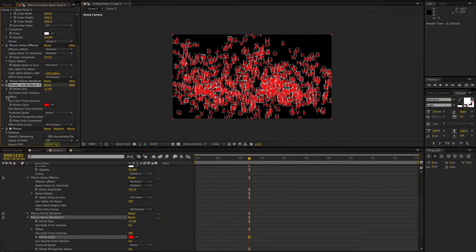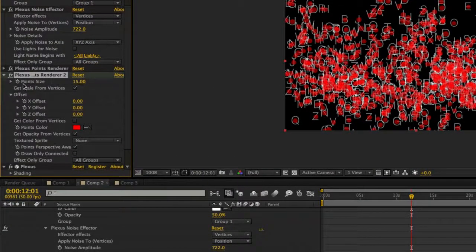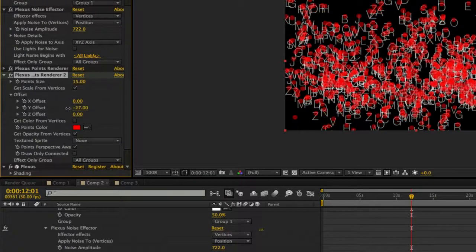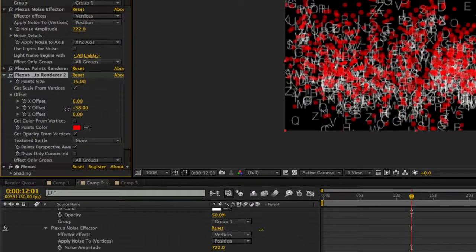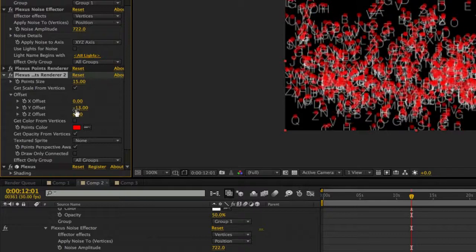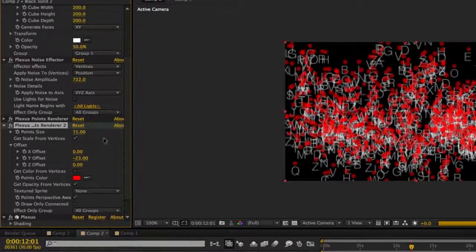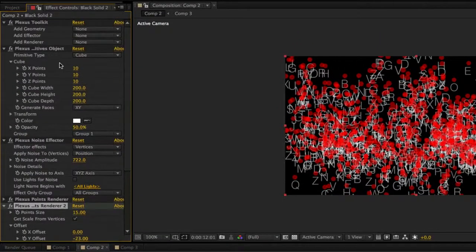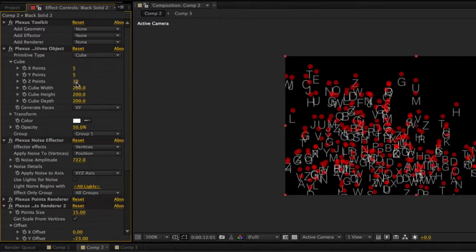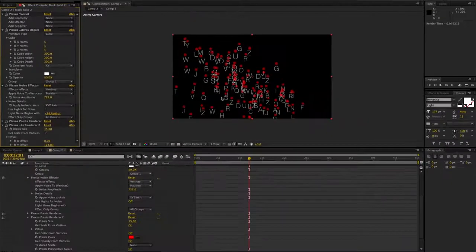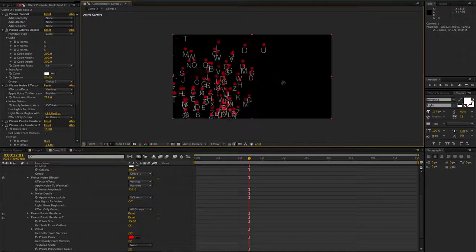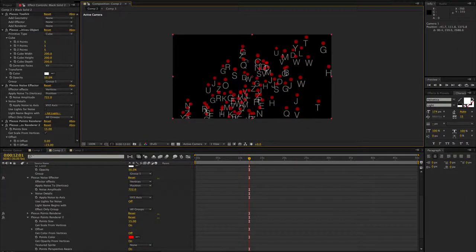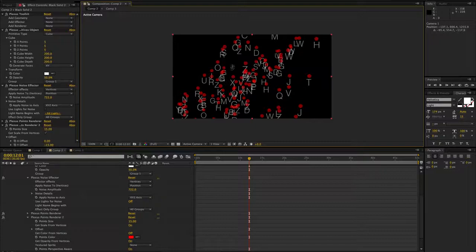What you can do is offset the points or the sprites. To do that, let me go to offset here, and let me put it back a little to the top. Maybe just a little more. Yeah, that works. Actually, we have way too many points right now, so let me put it to 5, 5, 5. So as you can see, you can create any number of points and sprites from the same vertex